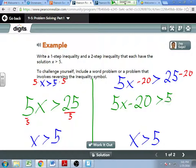then the inequality I get is 5x minus 20 is greater than, what's my right side? 5. We would then first, to solve it, because we want to check if we did this right, we could add 20 to both sides. So we always undo addition and subtraction first. That would give me 5x is greater than, well, now I'm back to 25, and then when I divide by 5 on both sides, we get the answer that we want. It's just not that hard